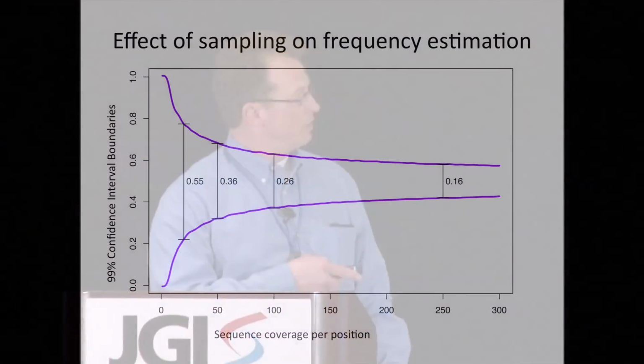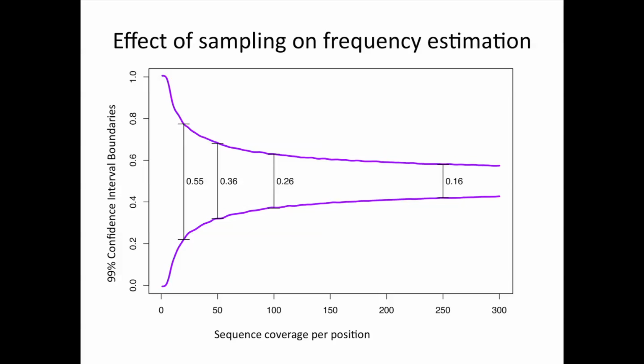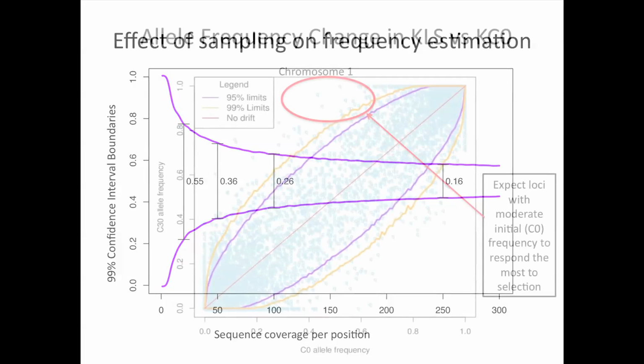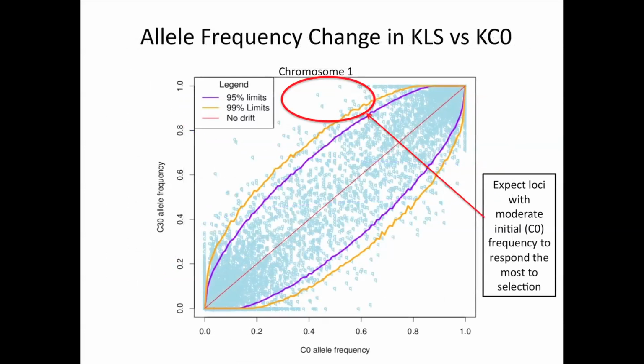Just in terms of the depth of coverage, as I said, we're shooting for about 50x depth. These are 95% confidence intervals that you see with different amounts of coverage. Between 50 and 100x coverage, you're starting to really reduce those confidence intervals on your allele frequency. This picture is shown for an allele that actually has a frequency of 0.5. But you can see that the depth of sampling, the amount of information that you have, is very critical in estimating the allele frequency.